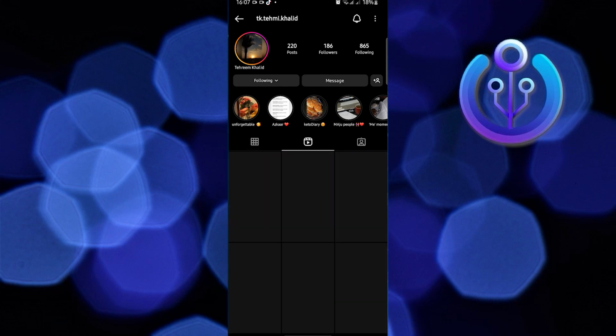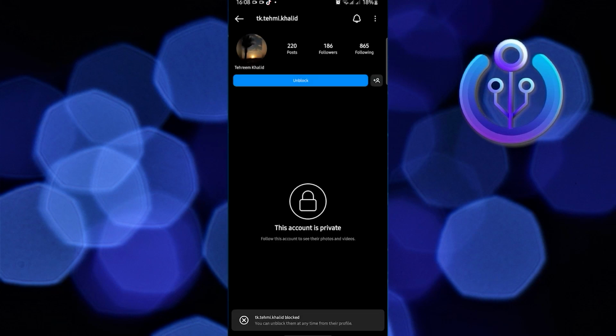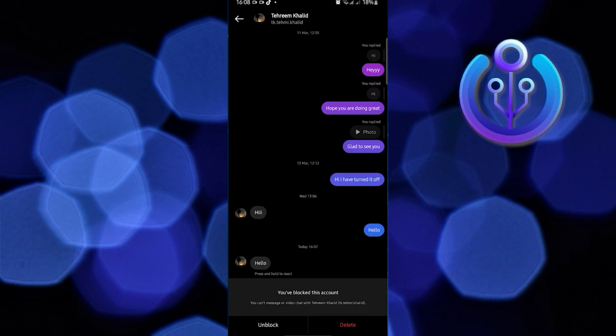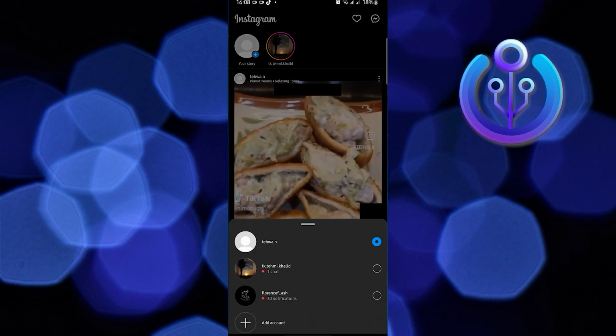And as you can see here, they're not yet blocked. And then I can see all their postings over at Instagram, including their number of posts, their followers, and their followings list. Now I will try blocking my other account. And as you can see here, it will say this account is private. And then once I go to the messages, a pop-up will appear,